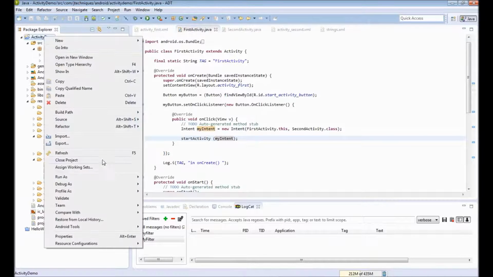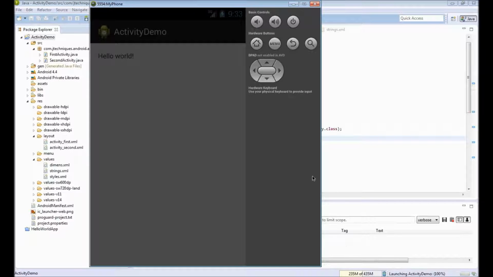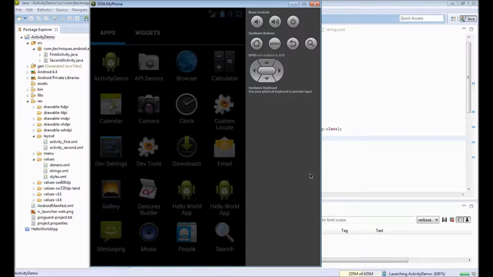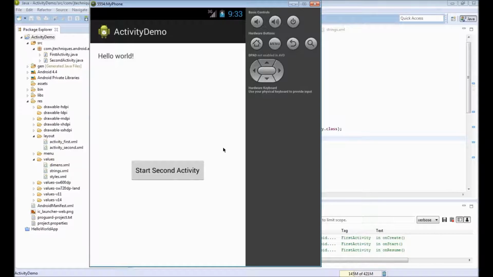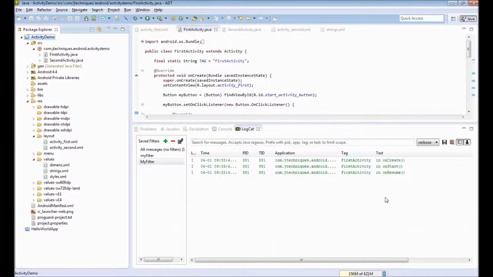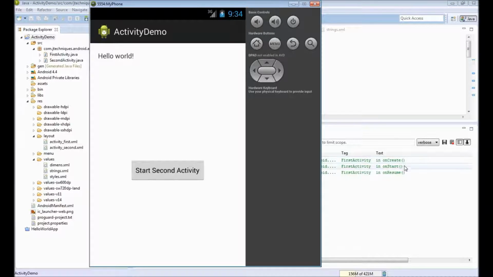Let's now deploy this. Right click, run as Android application. Android is deploying my app. You can see it's saying launching activity demo. Once it deploys, it automatically starts my activity. So I can see this is my first activity and I have a button called start second activity. When I click on this, we can see our lifecycle methods printing out some statements. As of now, there are 3 log statements: onCreate, onStart, and onResume. We have these statements only in our first activity. So I'll click on this button,